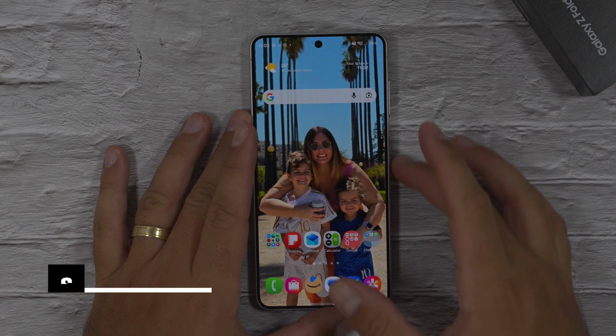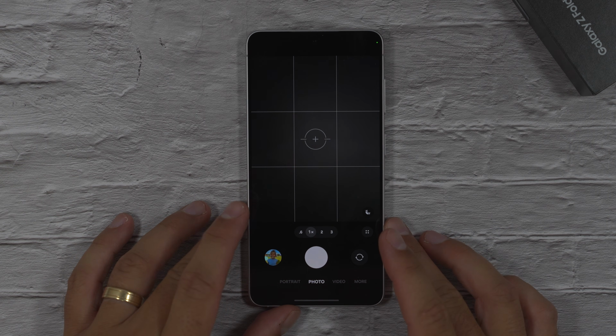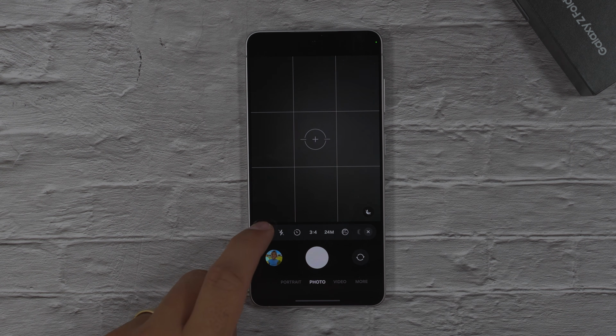You're here with Daniel. Let's go through the camera settings that you need to change on your Galaxy S26 and on your S26 Ultra as well. They're all the same, except for the one that isn't the same, but I'll show you. So, first thing you need to do, launch the camera, go into the 4 dots here, and go to the